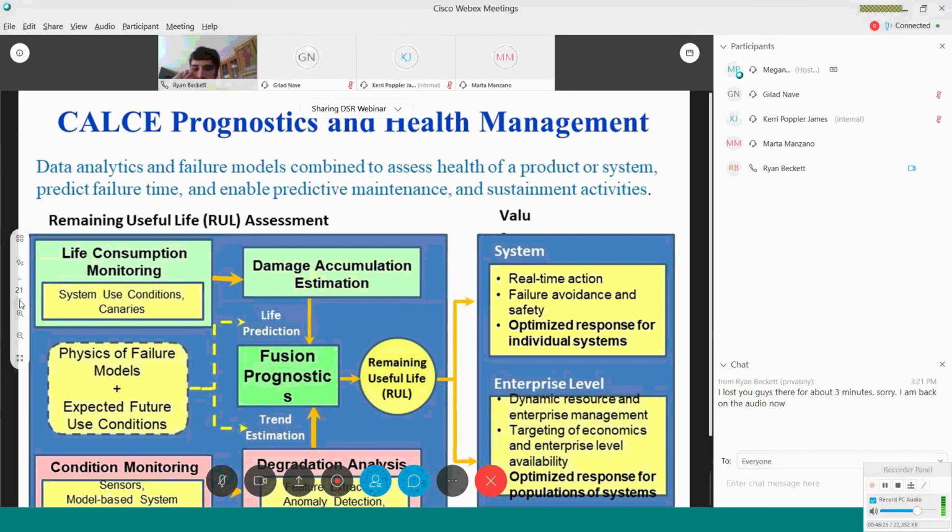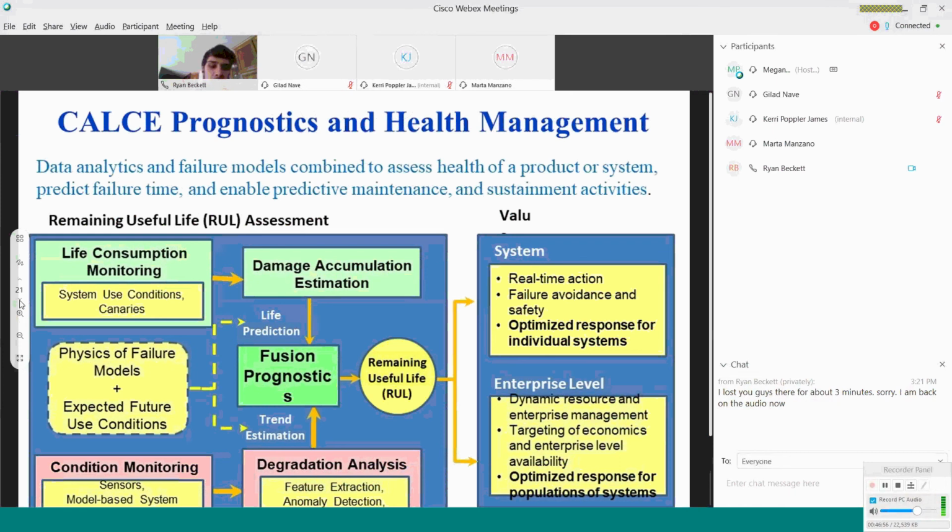The last thing I want to talk about before we break is our work in what we call prognostics and health management. In addition to looking at how do we design systems for harsh environment and how do we manufacture them through additive manufacturing, how do we cool them through various thermal management, we also want to look at assessing their life and determining what types of failure mechanisms may occur and how long the parts can last.